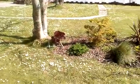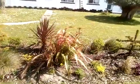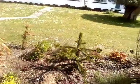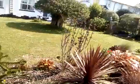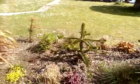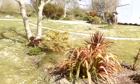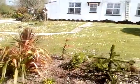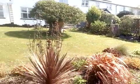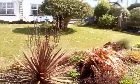Okay, so this area in front here, it's got lots of different plants in there. I don't know most of the names, but I know this one. This is the monkey puzzle tree, and we're hoping this is going to be an absolute stunner. But it takes such a long time to grow. Other things are quite Jurassic here and grow up really quickly. But that plods away. It's probably grown a few feet since we've had it, maybe 1.5 feet. And most of the plants in here, many thanks to my great friends back at the Isle of Wight College, and they gave me a great gift, which was a voucher for the local nursery here, and we bought all these plants,